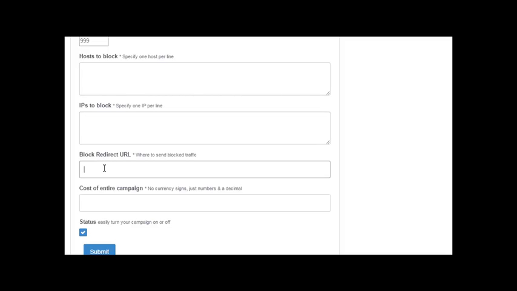Down here, blocking redirect URL. Now, if somebody from a specific host came in that you're trying to block, or an IP address that you're trying to block, this is the link that it would send them to. Okay, and on here for the host and IPs, it's one per line. Okay, or you would type in, let's say,